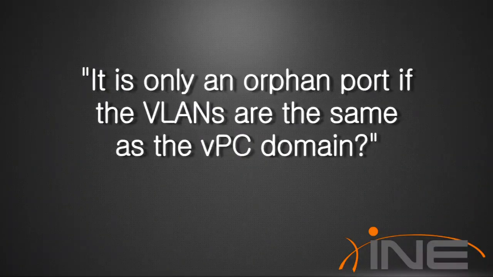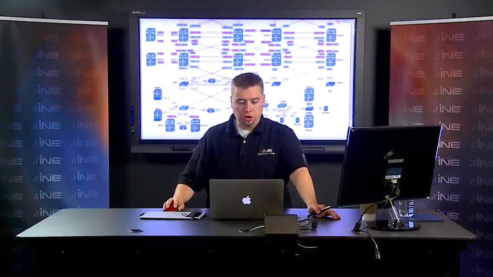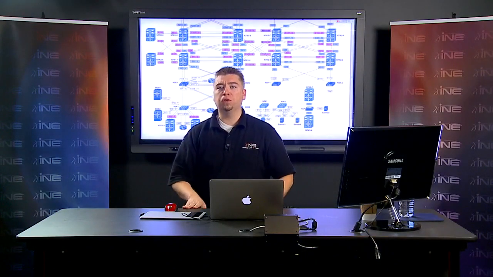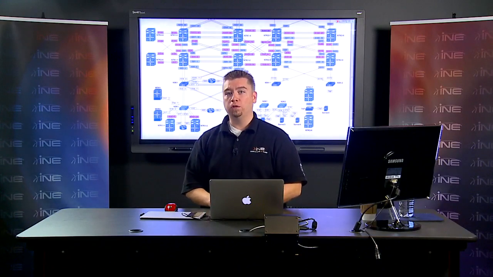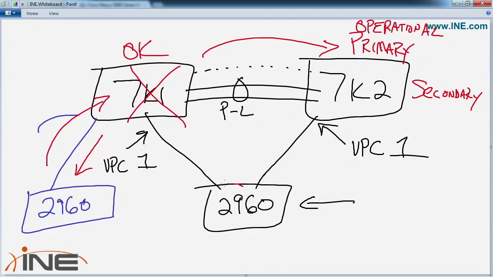There's a question, it is only an orphan port if the VLANs are the same as the VPC domain. Correct. So if you're doing like layer 3 routing, or if it's a different set of VLANs that are not part of the members, then it's not considered an orphan. So if we were to say on this 2960 that is not an orphan, let's say that it's using VLAN 10 down here and VLAN 20,